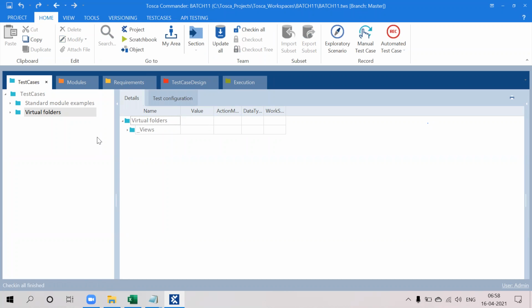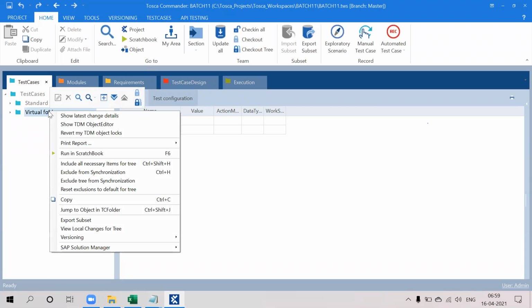It means your code has been checked into the repository. Whenever other persons want to work on this folder, they will take update all and access this folder again. If some other person is accessing the folder, you cannot access the same folder.